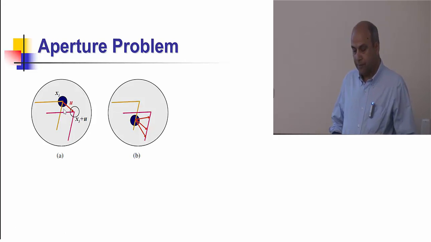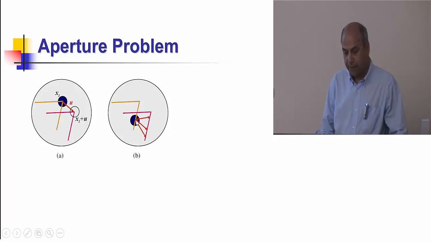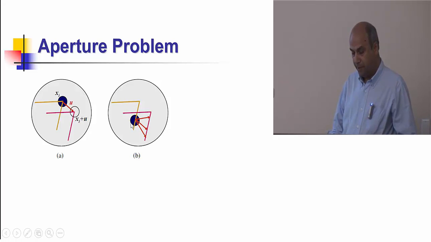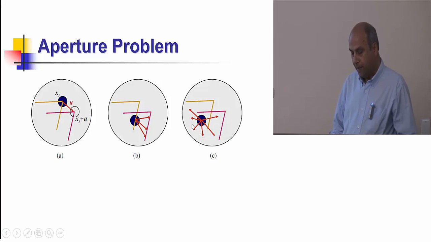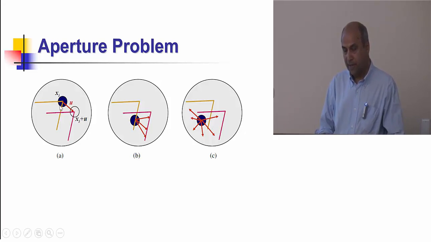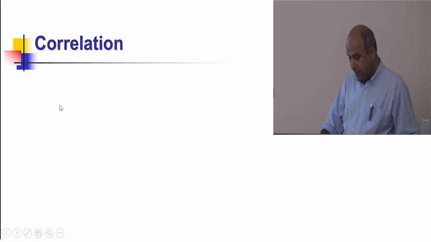Now if you look at, let's say we take a point around here and try to match on the red object, there are lots of possible places this will match. It can match here, it can match here, it can match here. So that's a problem. We want to avoid that. Or if you take a point inside this yellow and go try to match inside here, again there are lots of possibilities, and that's not good. So therefore this one is the best thing we can do,